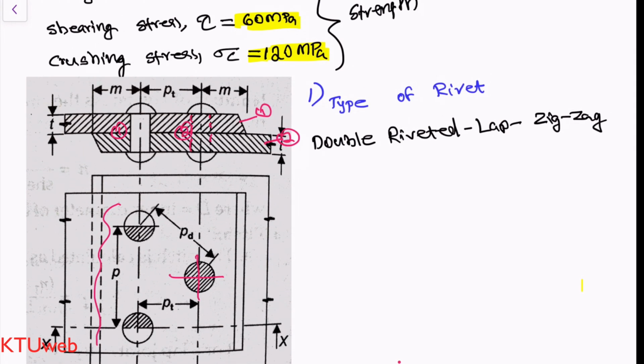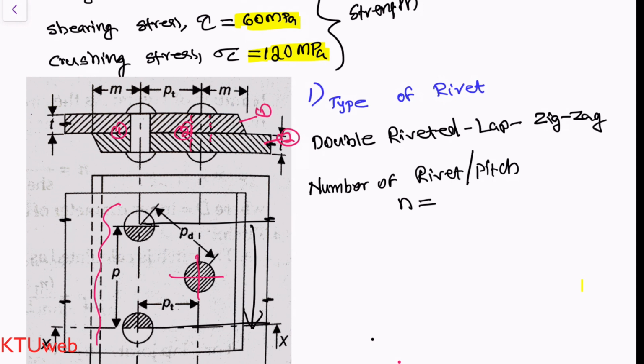Okay, let us find two major things in the first step, the total number of rivets per pitch. To find the number of rivets per pitch, you can have a pitch line just like these, and in between these two lines we are going to find the number of rivets. I already explained this in my previous video. Okay, let us discuss once more. Here we have half of this rivet and another half within this pitch line. Since it is a zigzag, we have an entire rivet over here. That means half plus half, one rivet, and another full rivet, two rivets per pitch length, that is n